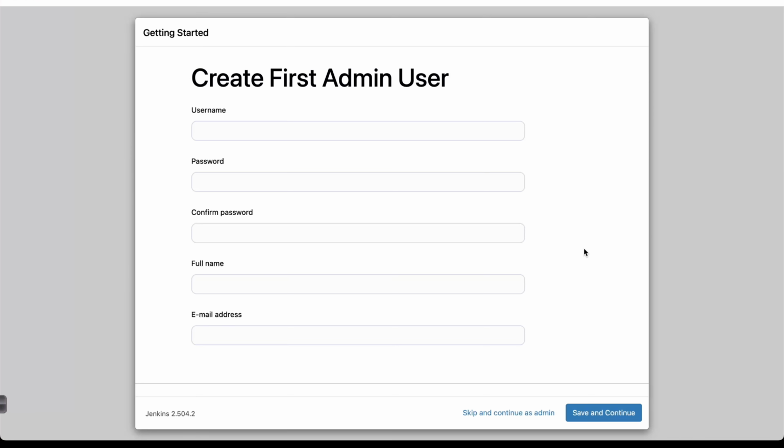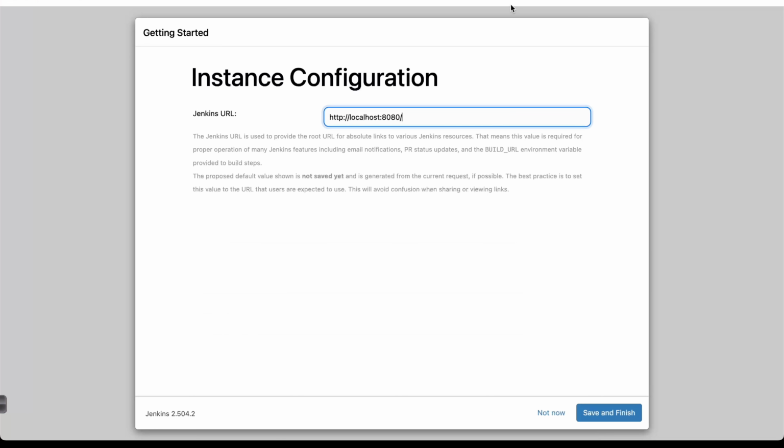Once the installation is completed, you'll see this getting started screen. Here you can create your admin user. I'm going to create a simple one. This is going to be the first admin user, or there is also an option to skip this. You can directly continue as admin, or you can do save and continue.